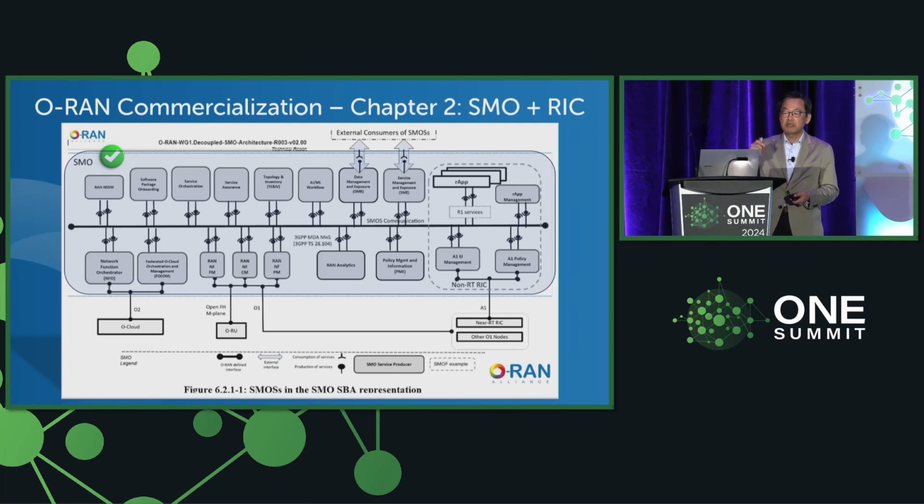This is also the best opportunity for you, the open source community, to make a bigger impact than ever before. Both NEPIO and ONAP are highly SMO related, especially NEPIO, which is currently focusing on integration with the ORAN SMO. This is the holy grail for the Linux Foundation. This is our chapter 2, and I'm expecting SMO to be commercialized